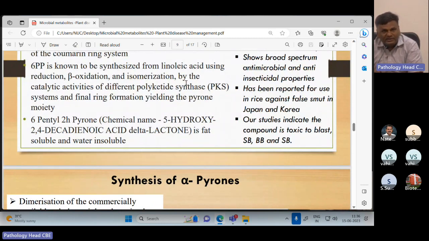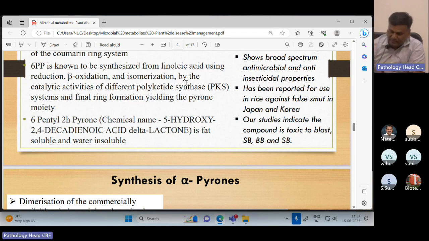So, what we do is we isolate a compound, we extract a compound, we see the bioactivity of that, then we go to purify that compound. So, after purifying, identifying their structures, molecular structures, what then? You cannot always culture the organisms and extract the compounds. That is not going to be economical. So what we have to do is find out a way how to synthesize that compound.